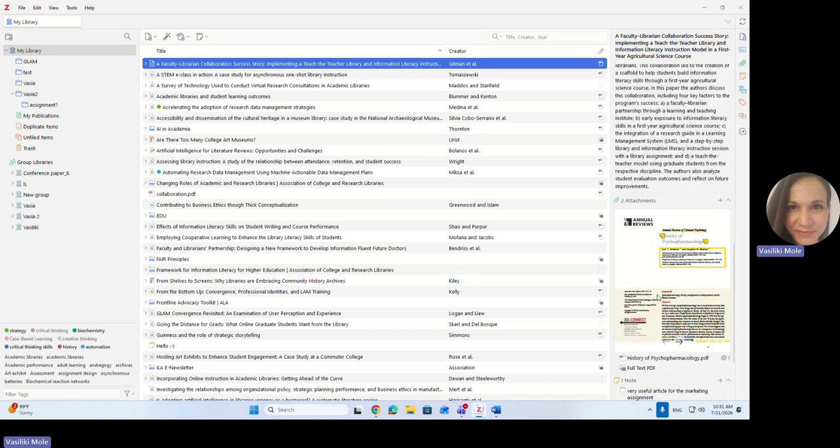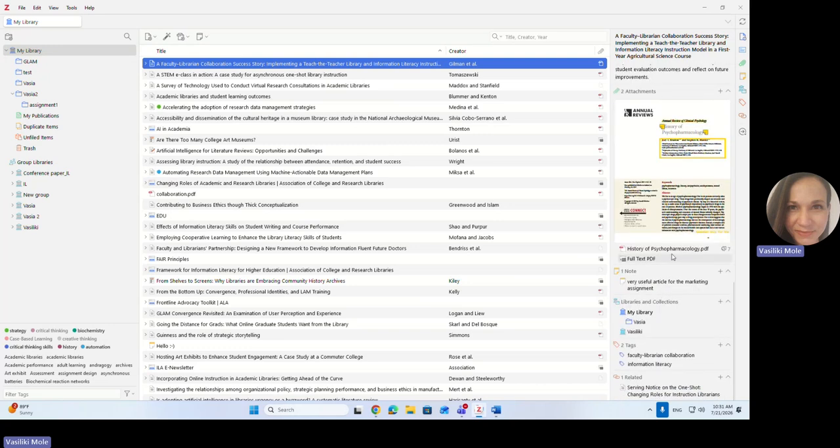Here you can add attachments to this publication, notes. You can see here the collection or sub-collection this source is included in, the tags you may have assigned, related